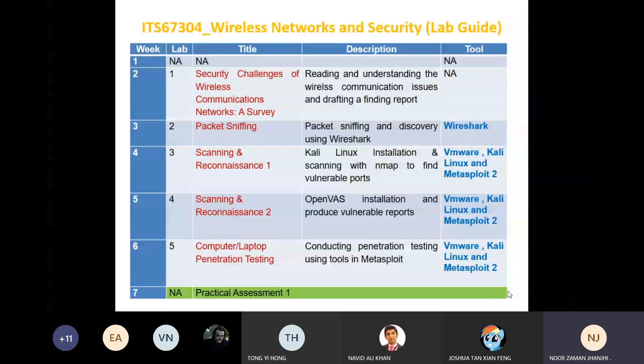Not a guide for the labs, but a guide because we will use different tools during your labs. For that reason, we decided to have one presentation which will tell you in what week, what task we will be doing, and for that particular task, what type of software is required.